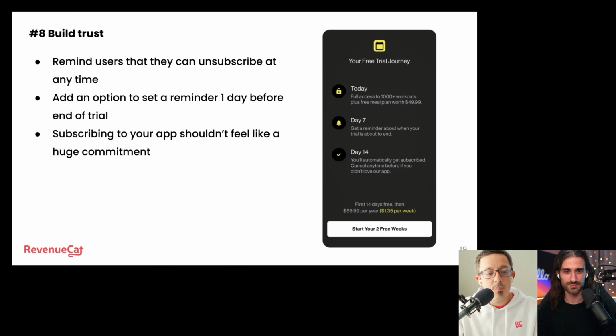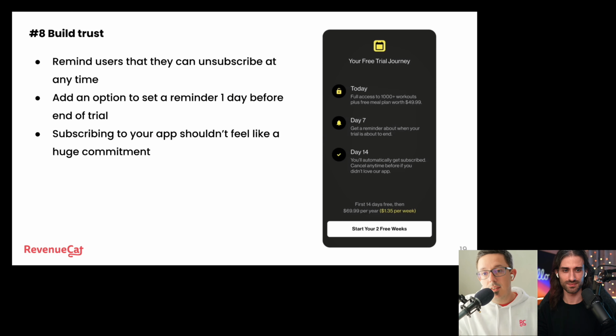Or if you're switching, like in the early days of subscriptions when people were less used to it, that was an area where it's low trust. I think this is a perfect example of what I was talking about towards the beginning, with making sure you're testing the whole subscription journey, because I would imagine a paywall like this has a decent, higher performance in trial starts, but it probably also has a higher churn on those trials, which isn't bad. That doesn't necessarily matter. What matters is the end result, which is your actual